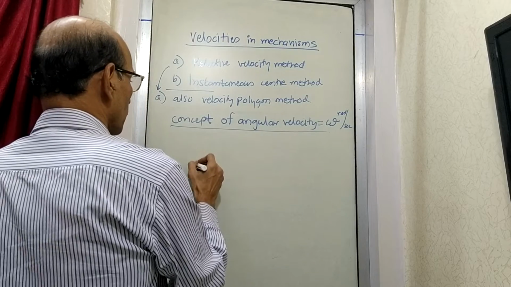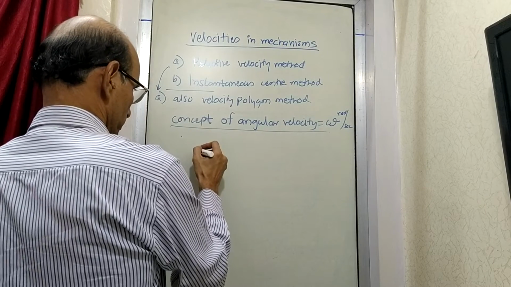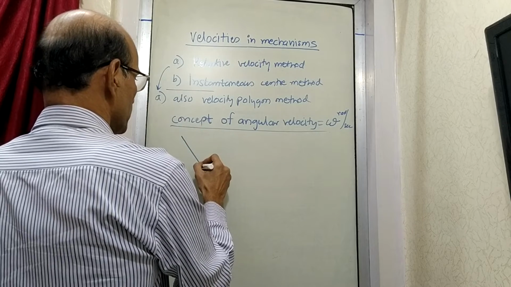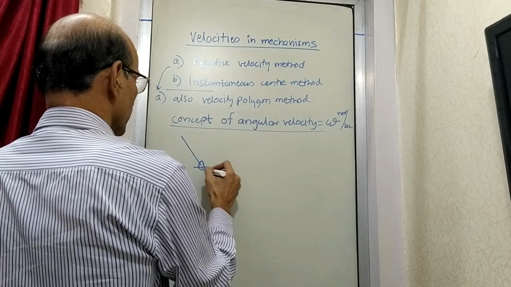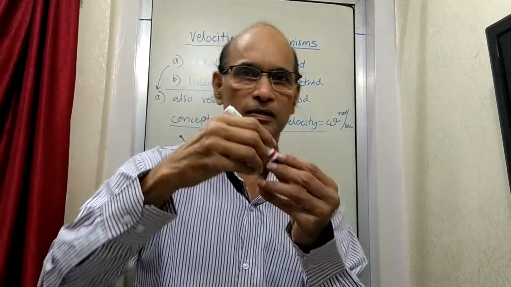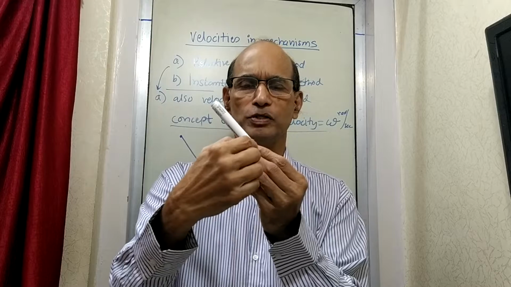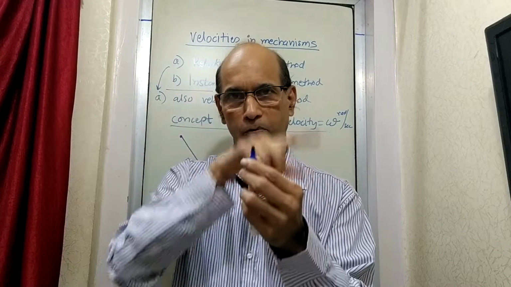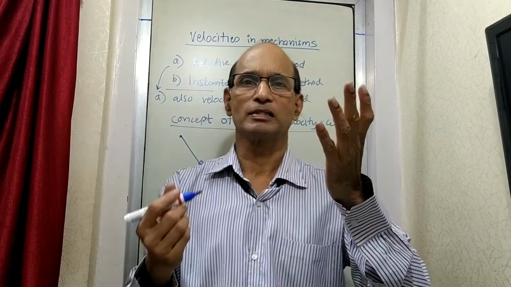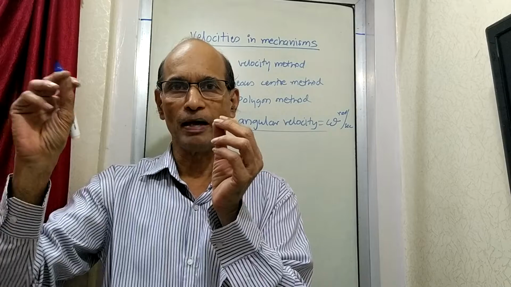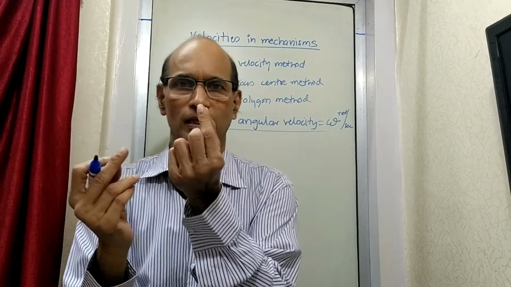So, say for example, we will take one object which is rotating. We will take a link itself. So there is one link, say like this. This link has a pin joint here. With respect to the pin joint, it is capable of moving, and now it is performing a complete rotation. Like for example, the blade of a fan, you know the fan is rotating. So one blade of a fan, if you see, it is rotating about a center point.